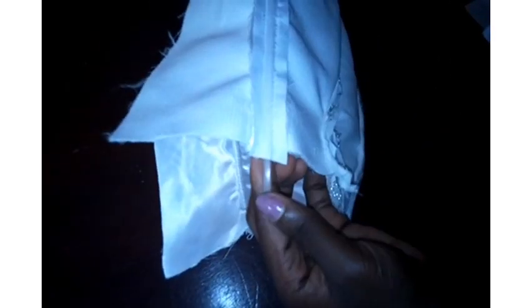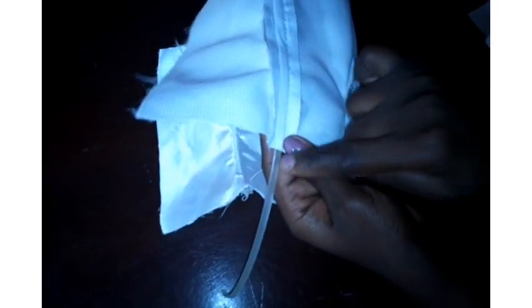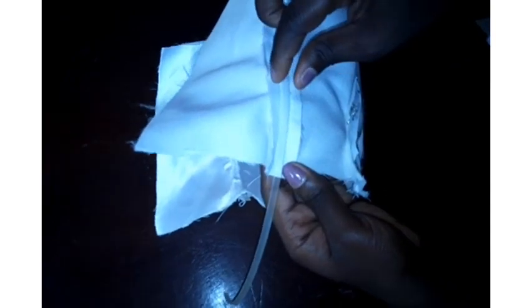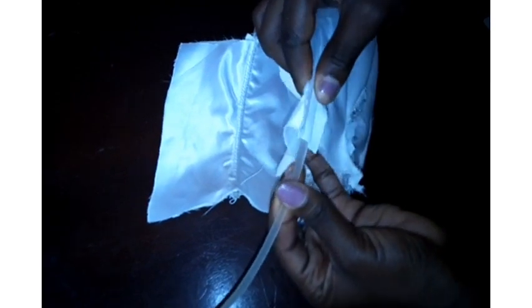Now you can see I've sewn the 1/4 inch on both sides of the bias. This is the wrong side. And then look at it, I've inserted the bones. Look, I'm trying to pull it out for you to see. So you can see the size of the bone that we left at the middle of each stitch. Look at it. So you just insert your bone, you push it in